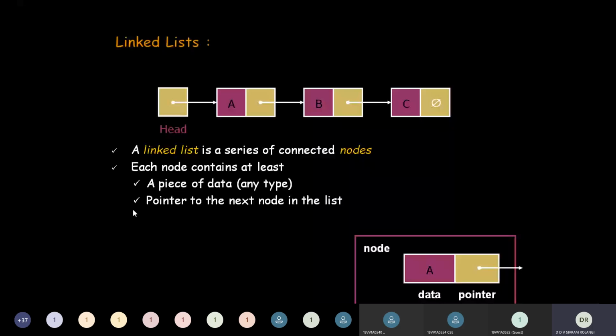In C, this is how we declare structures: the struct keyword followed by the name of the structure. I'm going to create a structure called node, and I'm going to add two structure members. The first structure member is going to store character data, so char data; data is my variable of type char, semicolon. Then followed by struct node star.